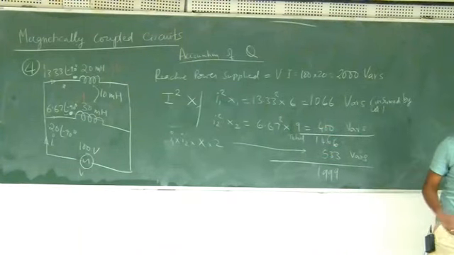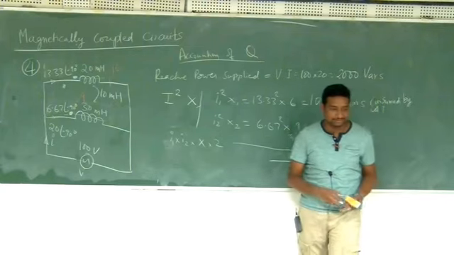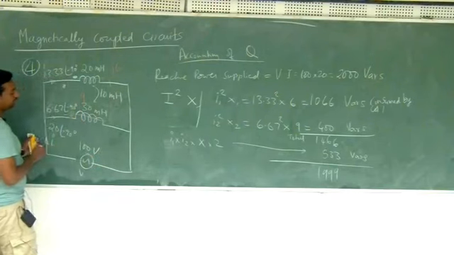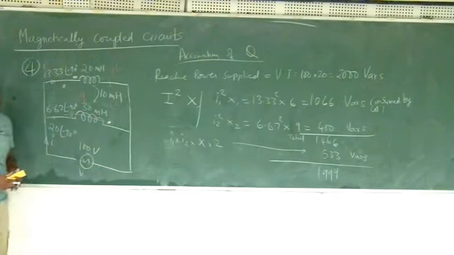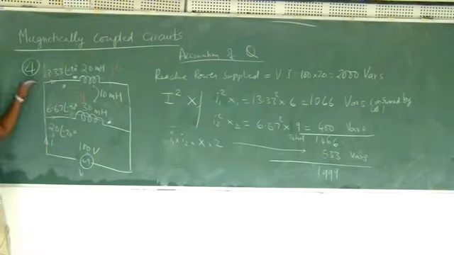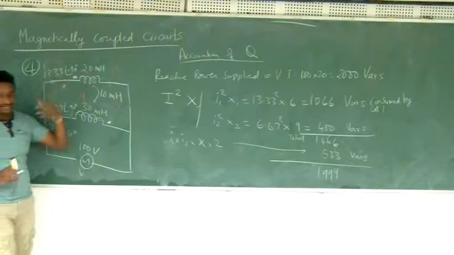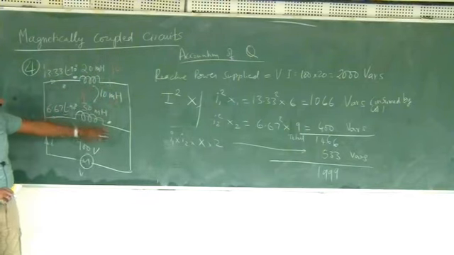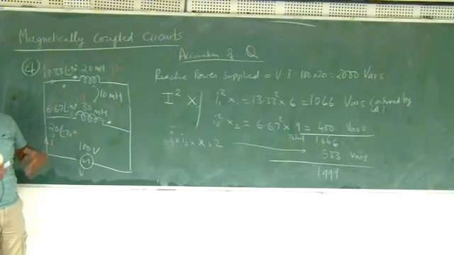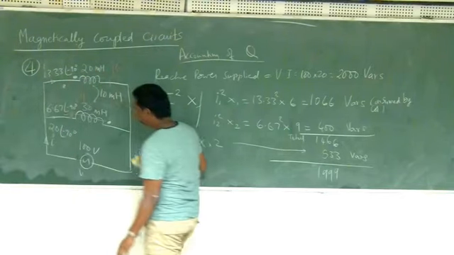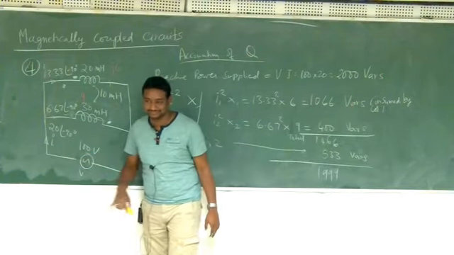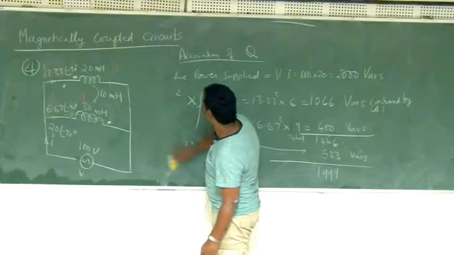Now can you imagine how we'll change to problem 5? What will be the problem 5 based on this? I'll just shift the dot from here to here. So what is happening? The current flowing like this means I have rearranged my coil connections. The current flowing like this will induce a positive voltage here and negative voltage here. So without doing anything, can you tell whether the total current will increase or decrease?